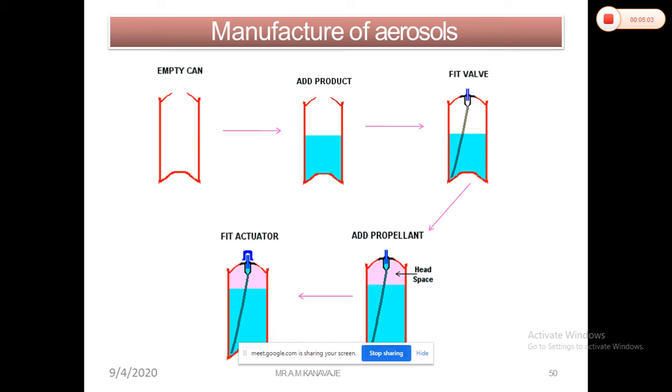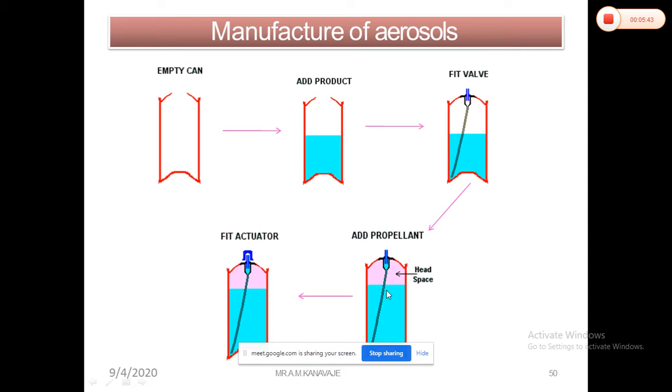But this particular system that is shown is the pressure filling method. In this first step, you have to add the product. We have to fit the valve assembly. The total valve assembly you have to fit, apart from the actuators, means the stem that you have to attach, and you have to seal that valve assembly. Through the opening of the stem you have to add the propellant to that particular product concentrate. Here we can observe the amount of propellant added, so the amount previously present is increased now.